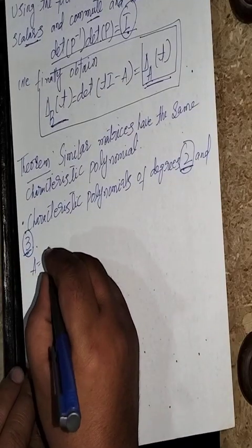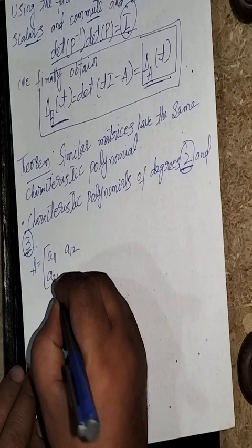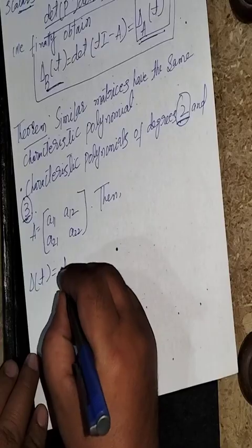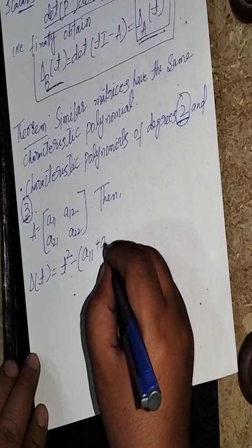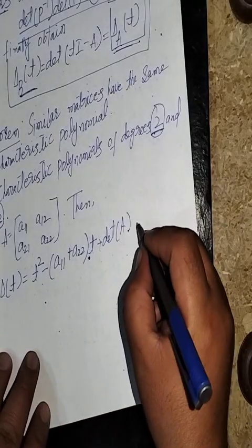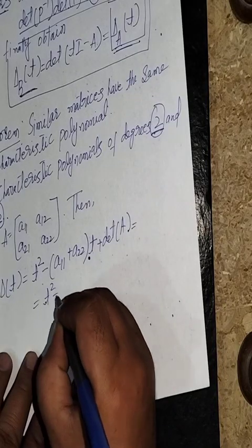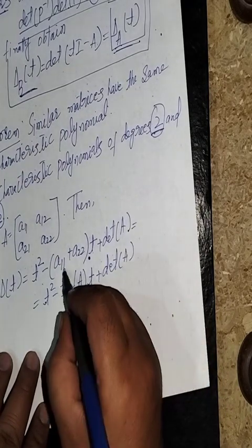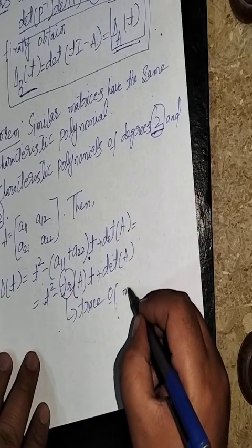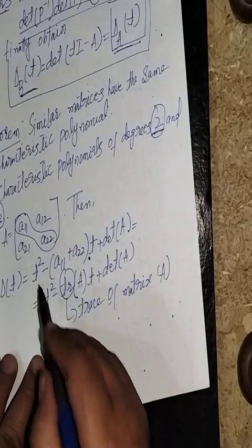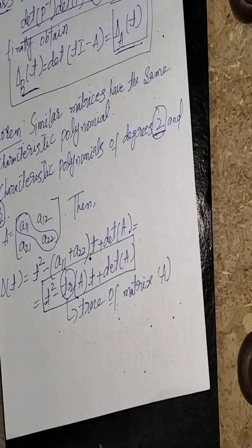तो सबसे पहले हम 2x2 ऑर्डर का मैट्रिक्स लेते हैं। लेट्स से यू हैव A11, A12, A21, A22। Then the characteristic polynomial of 2x2 matrix will be equal to t square minus (A11 plus A22) t plus determinant of A. This should equal t square minus trace of matrix A into t plus determinant of A. This tr means trace of matrix A. Trace means diagonal elements का sum. तो this is the formula or this is the expression to find the characteristic polynomial of 2x2 matrix.